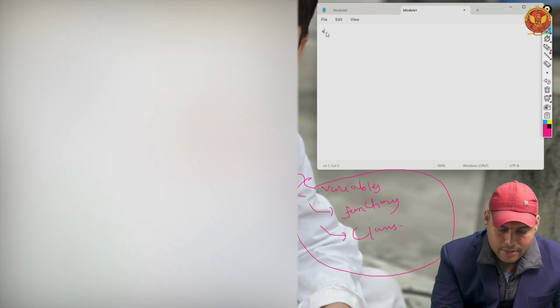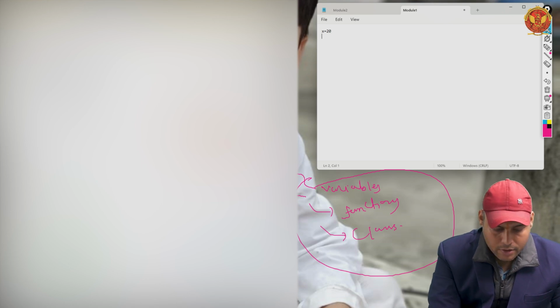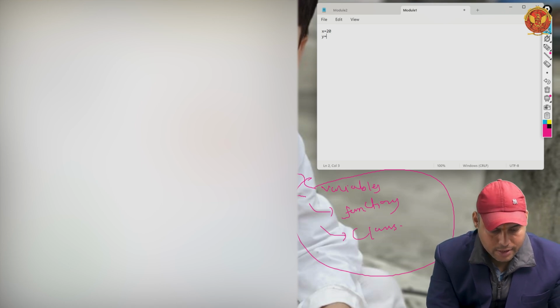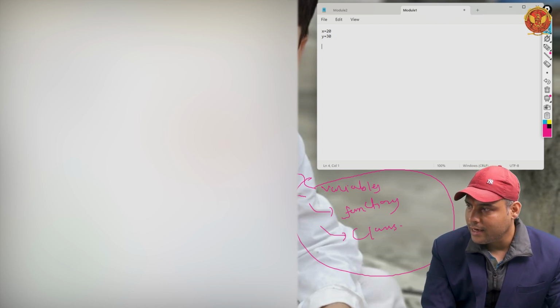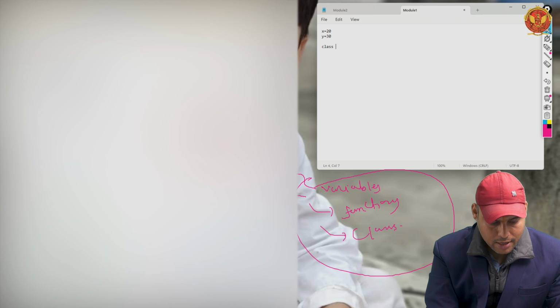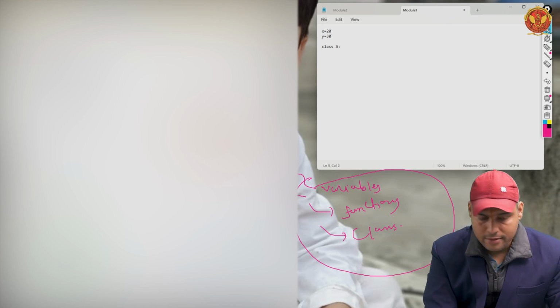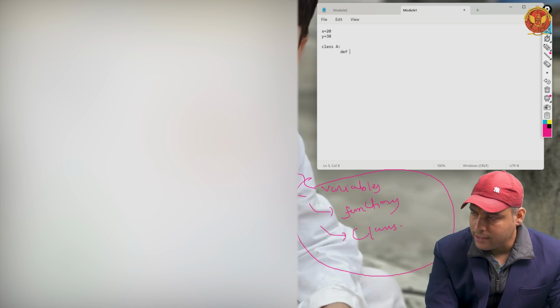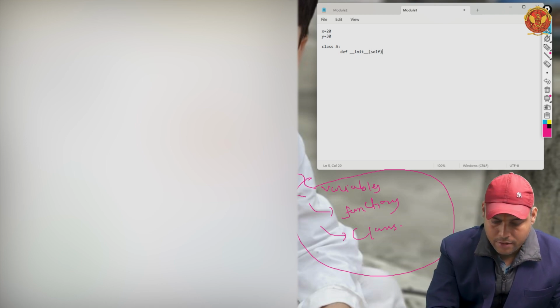Suppose I'm taking x is equal to 20, y is equal to 30, and now we are defining one class inside it, that is class A. Inside this class, suppose we are defining one function, that is constructor. We will discuss it in detail in later videos, and just for the example purpose I am discussing the class here, and I'm just doing the print